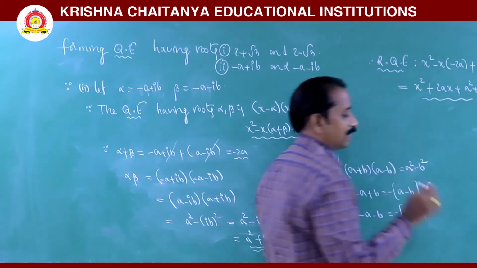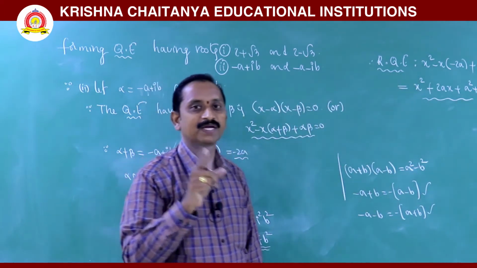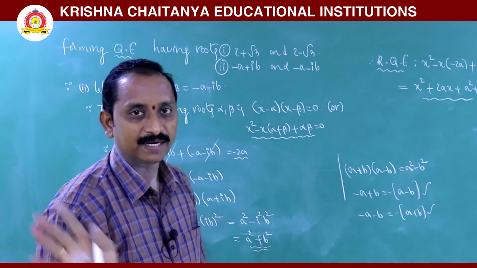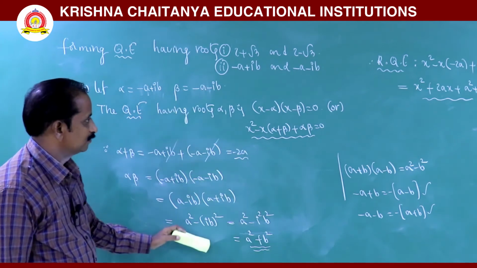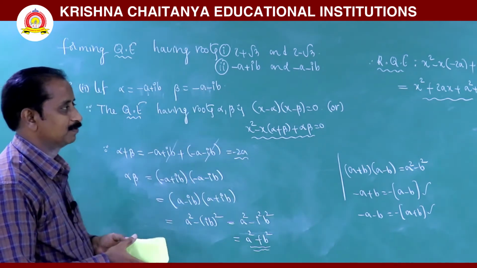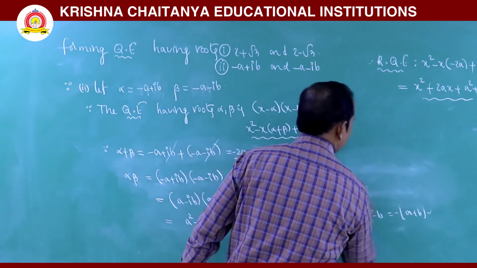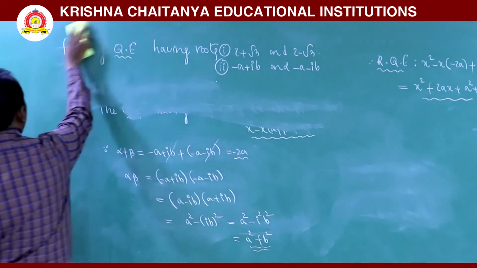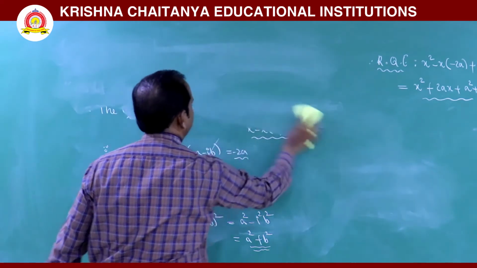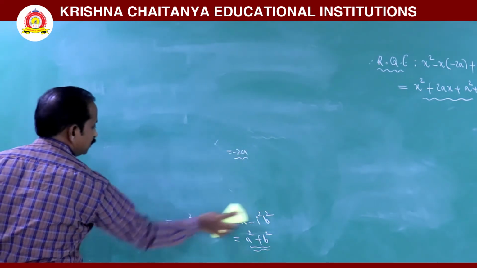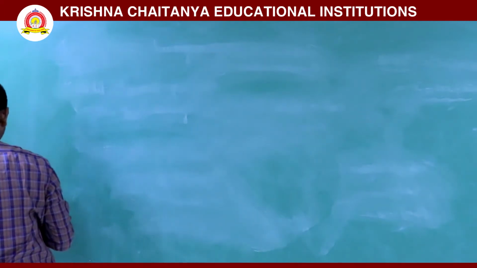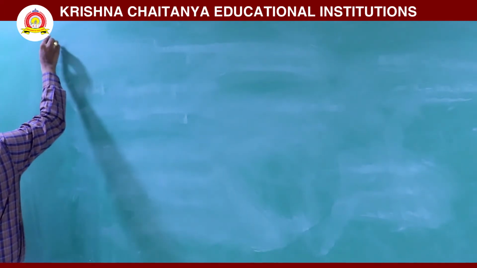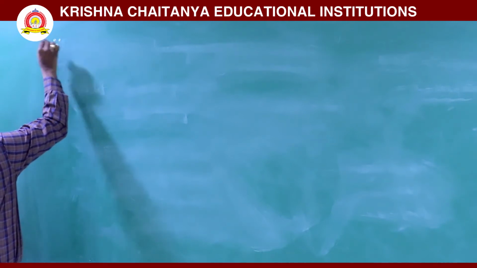This is when roots are known, to form a quadratic equation. Same model, when roots are given, any problem, the process will be like this. Next we move to another one. What about another one? Let alpha, beta be the roots of the quadratic equation. So for any quadratic, two roots are given. Of the condition, we discuss some general problems.